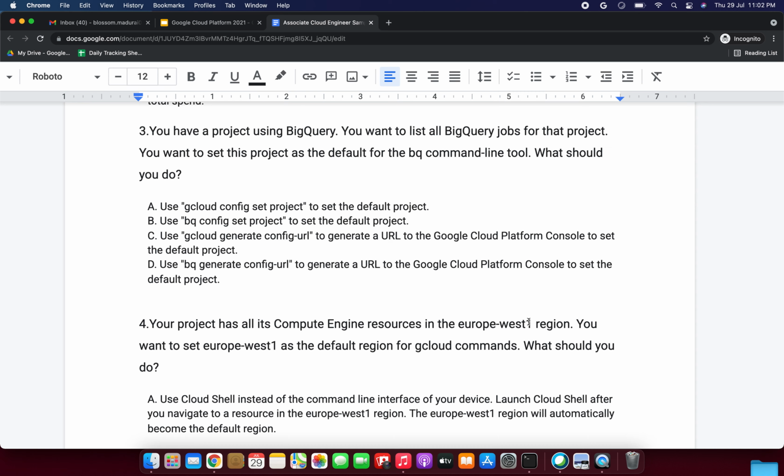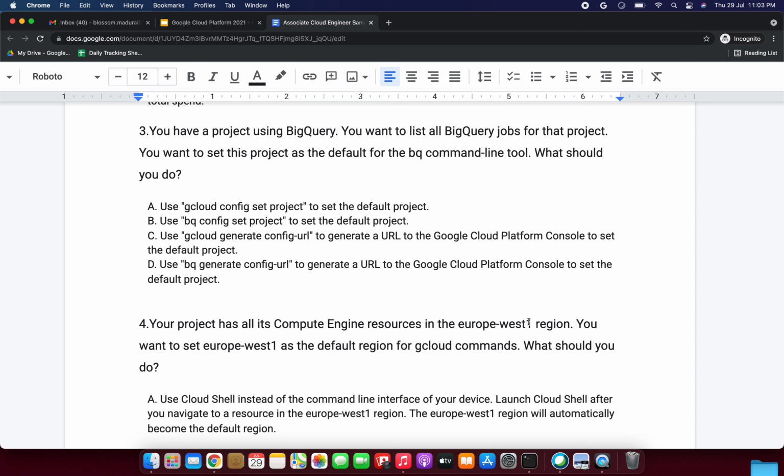Now we are going to see each and everything. Option A could be the answer because you need to use gcloud to manage the config defaults. Option B could not be the answer because the bq command line tool assumes the gcloud configuration setting and cannot be set through BigQuery. Option C will not be the answer because entering this command will not achieve the desired result and will generate an error.